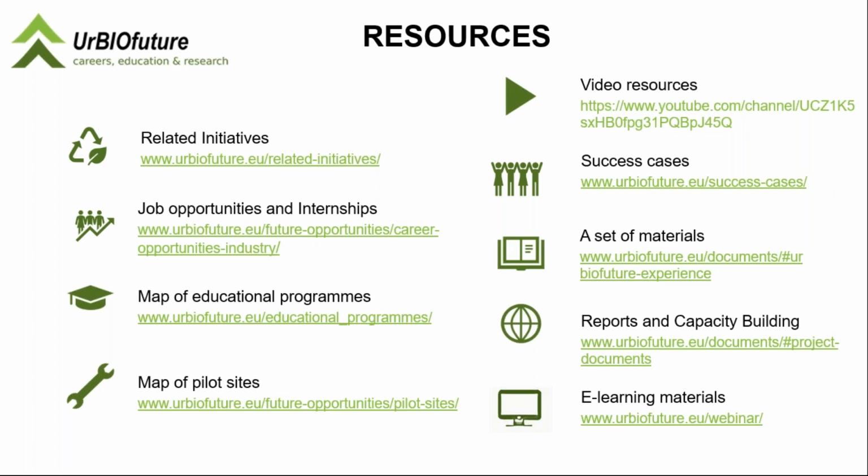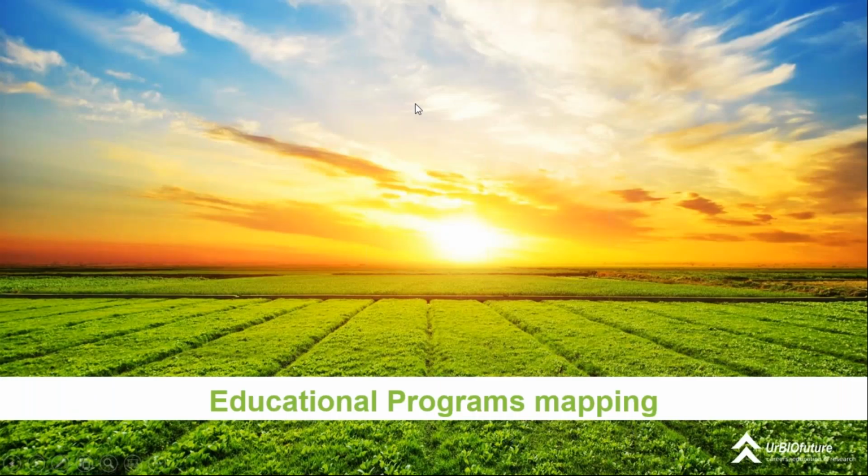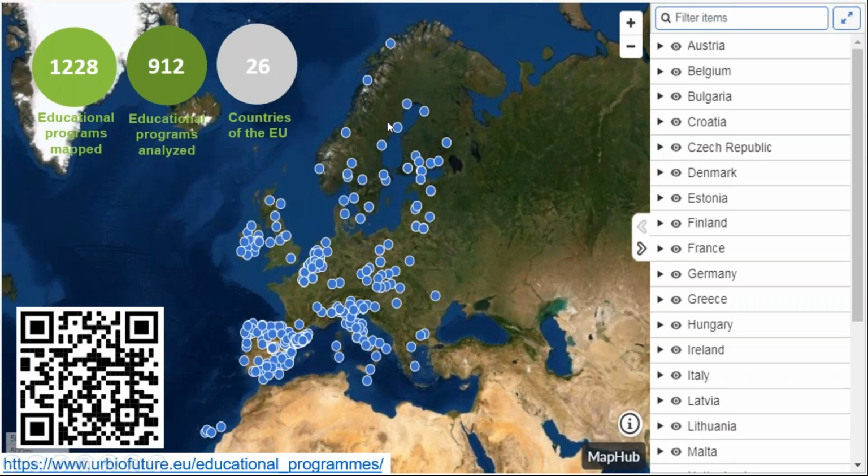First of all, I want to talk a little bit about the map of educational programs that we did. As you can see in the next slide, in our website, you can find a map. Each dot represents one institution that we analyzed, educational institution in that case. In total, we analyzed 912 programs,